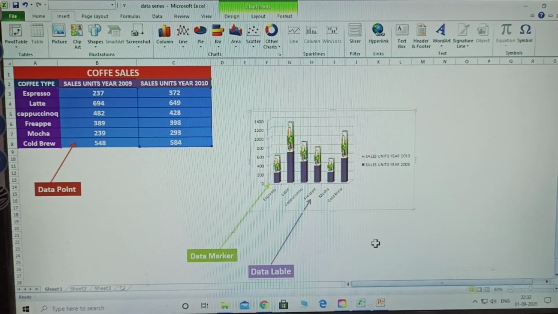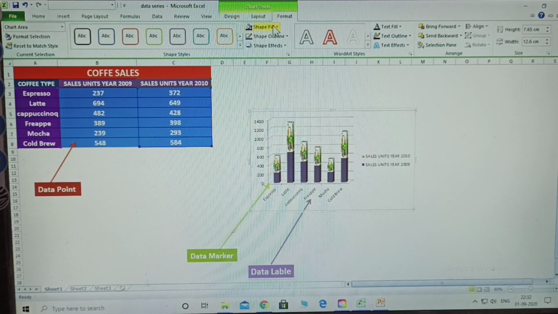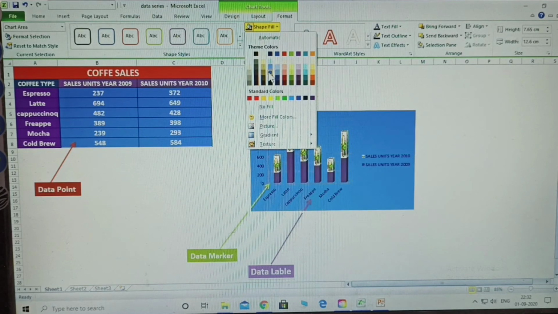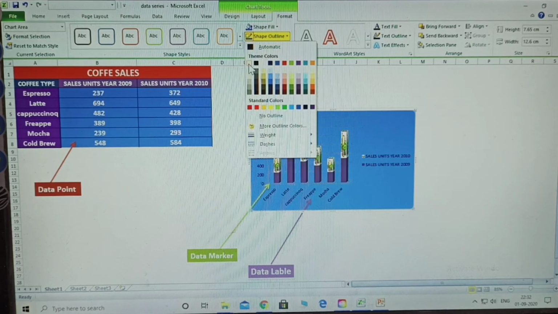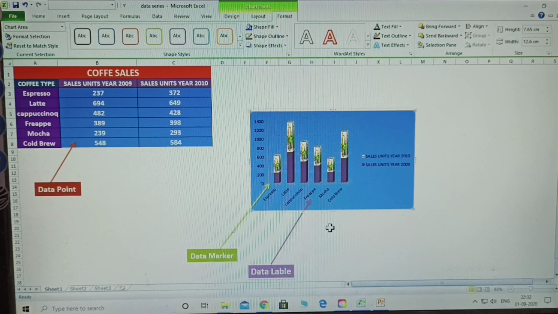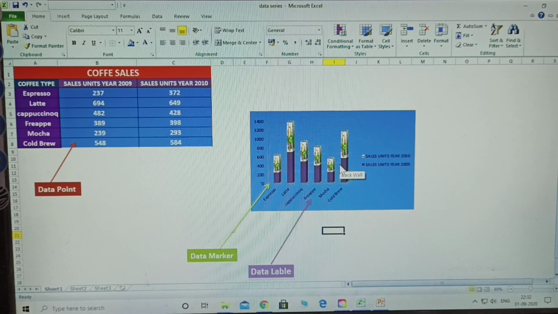Next, change the colors also. In the Format tab, use Shape Fill to change the colors. This is the background color changing. Give white or brown, and the background colors are changed there.